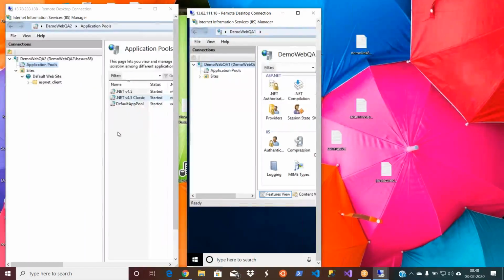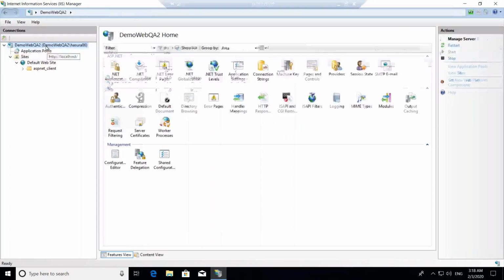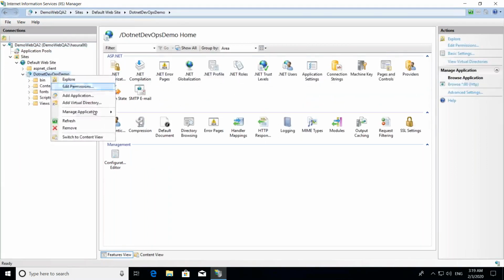Now the other web server is QA2, the latest web server. Let's expand this and let me refresh this. Browse it.